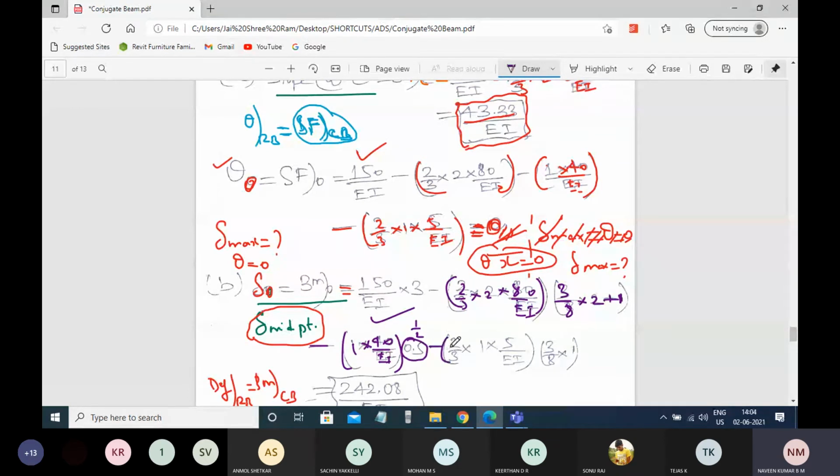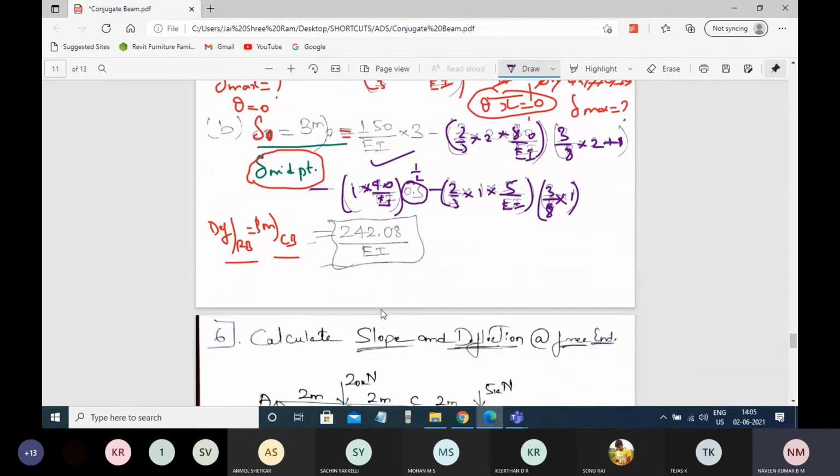Minus of the next quadrant, that is 2 by 3 times of 1 times of 5 by EI. The higher the intensity of the area, lower will be the centroid distance, that is 3 by 8 times of 1. If I simplify that,